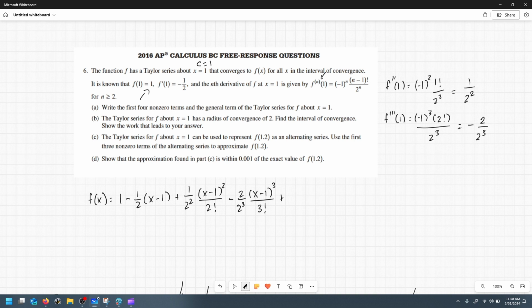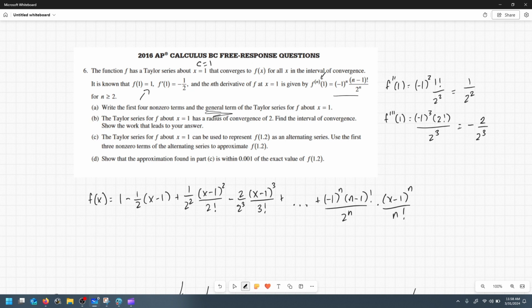Now, they wanted the first 4 non-zero terms. We've done that. 1, 2, 3, 4. They also want the general term. So if I were to keep going, the question is, what is the pattern that is generating all these? Well, I already know the pattern and the formula for the derivative because they gave it to me. So for every derivative, you're going to do negative 1 to the n minus 1 factorial over 2 to the n. And then for every Taylor polynomial, you're going to multiply by x minus 1 to the n over n factorial. And that is the pattern we're following to get every single one of these